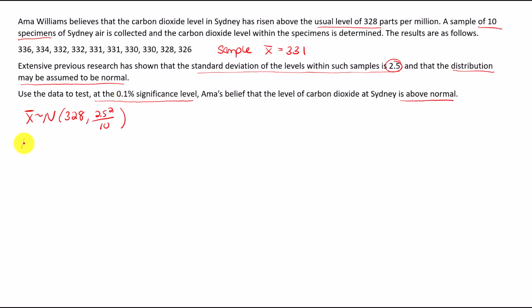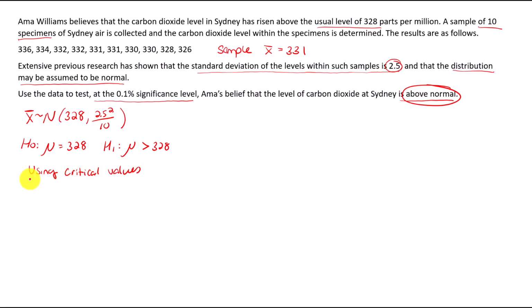Let's go ahead and identify our null and our alternative hypothesis. So the null would just be that mu is equal to 328 because that's what's expected, okay? That's the usual level. Our alternative hypothesis is that the mean mu is greater than 328 because she believes that it is above normal, okay? So now I'm going to show you two different things using critical values,